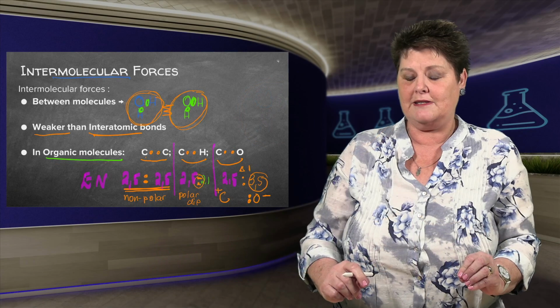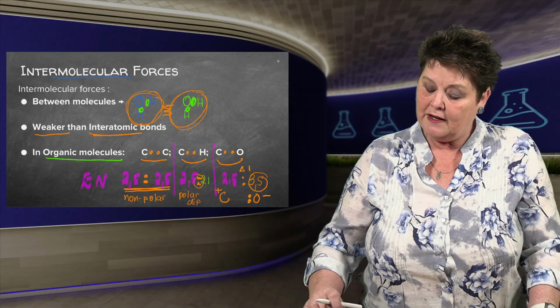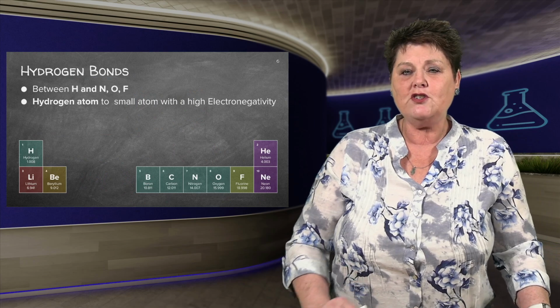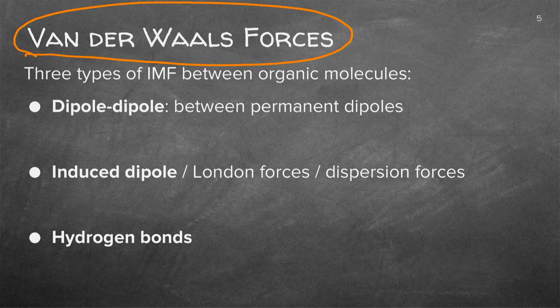So it's important, guys, that you revise your intermolecular forces that we've done earlier in this grade. Hydrogen bonds are the first one we find. Now let's quickly see the van der Waals forces. Those are the collective name. Van der Waals was the guy that it was named after because of the work that he did with this. There are 3 types of this. A dipole, which we touched on just now, and I'm going to show you an example. An induced dipole. It means it's non-polar, and you'll also remember that you heard the word London forces.